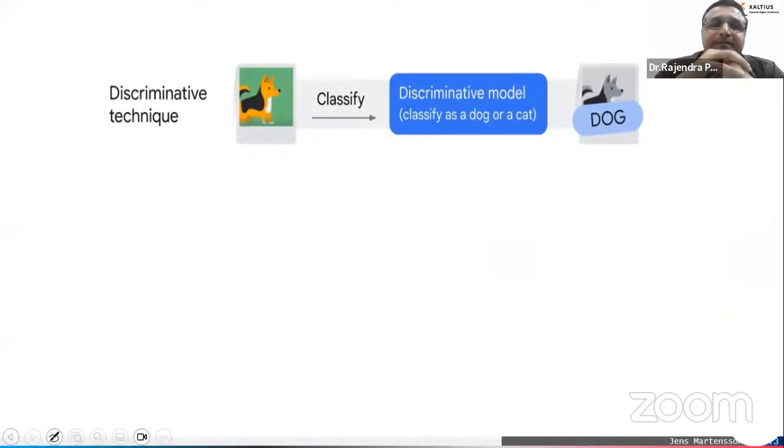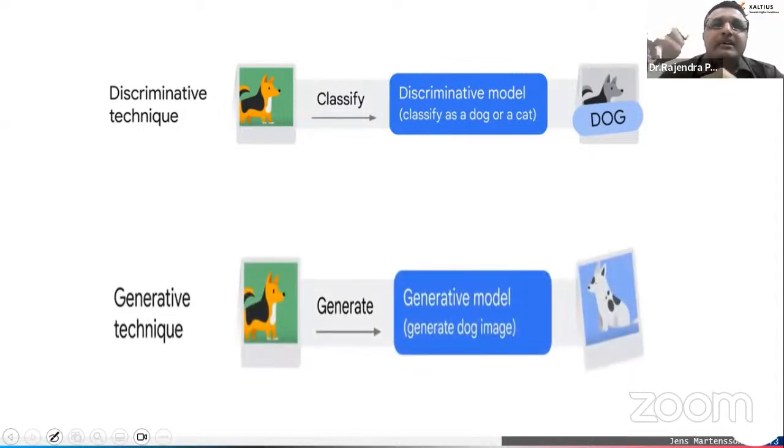So far, what was happening? You explain the dog to me, I will recognize the dog. You show me the photograph, I will understand it. So this was in a very static way. But now the trend is, can you generate the picture of a dog for me? Now there are so many breeds of dogs, so many different appearances, and we don't know which type of dog will be generated. So this is the difference between the traditional AI or neural network, what we are talking about, and the current age of AI.